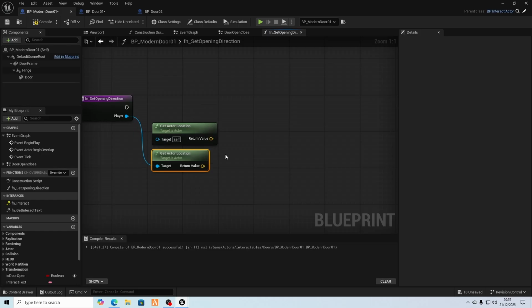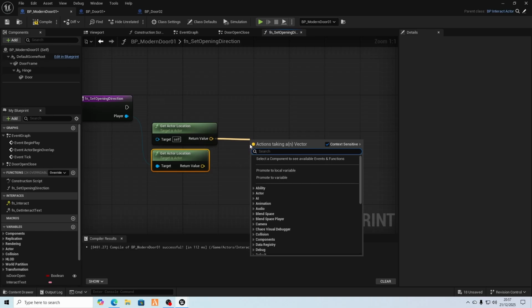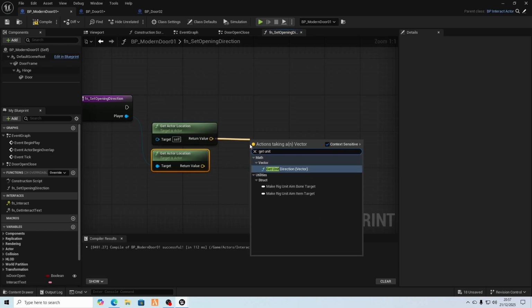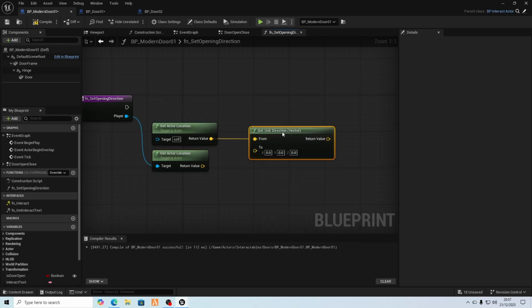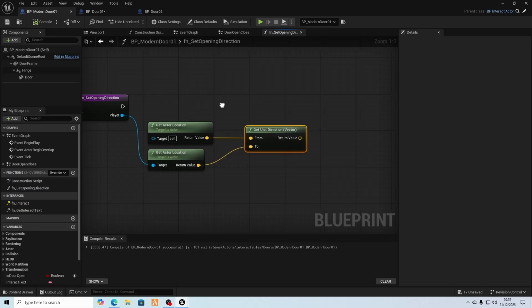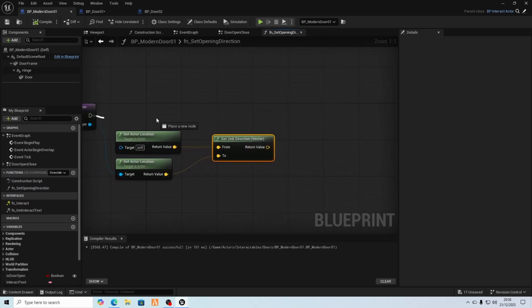We then need to get the unit direction of the player to the door. To get that, it's actually called get unit direction vector. So this will tell you which way the character is facing to the door. Okay. Should we just drag this off,